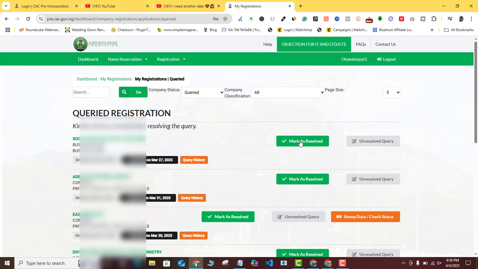So this is how to make payment on Remita.net for every query that CAC required that you make here, and then you upload your receipt on CAC, you mark as resolved, and CAC will review your application, and if every other thing goes well, you're going to be approved. So this is how to make payment for your late commencement penalty query, your branch address query, and every other kind of query that requires you to make a payment that is not available to be paid on the CAC registration portal.